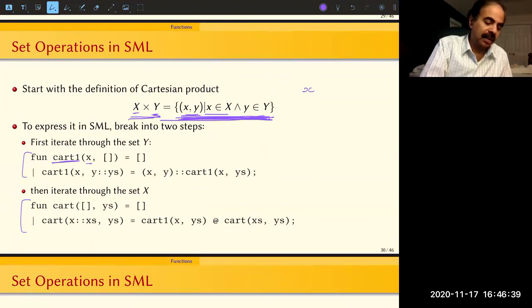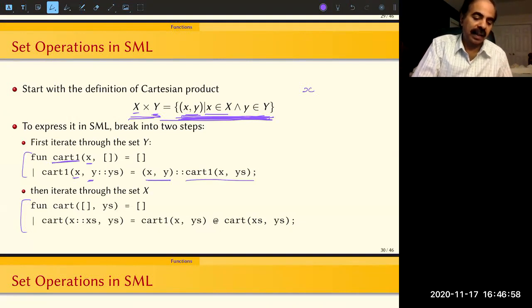It basically takes one element from the first set and forms pairs with every element of the second list, right? So it takes X, and then it takes the first element of the second list, and then forms a pair X comma Y, and then it calls itself recursively on the rest of the list, which means that if you start with,